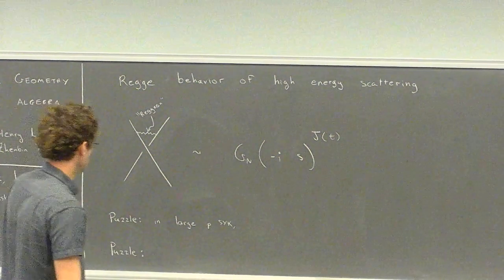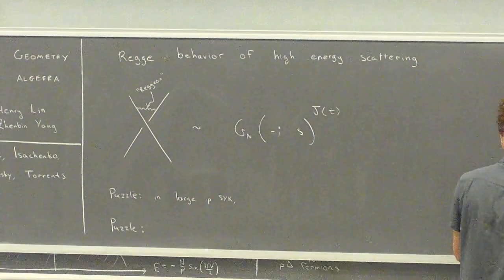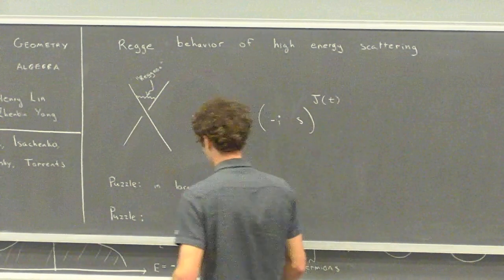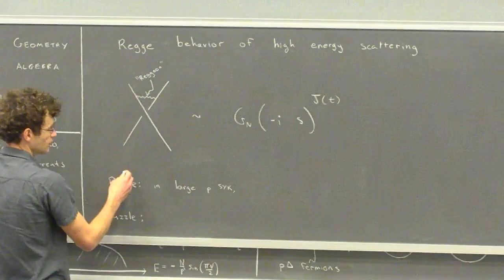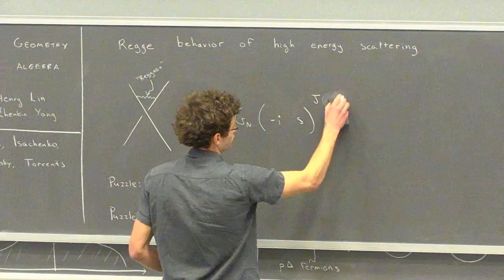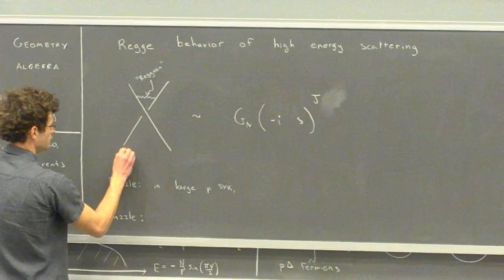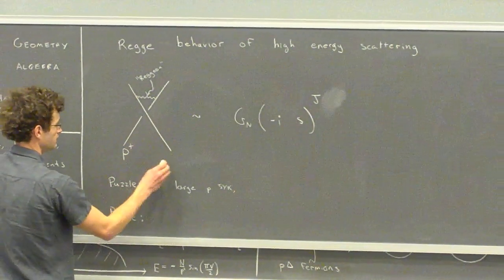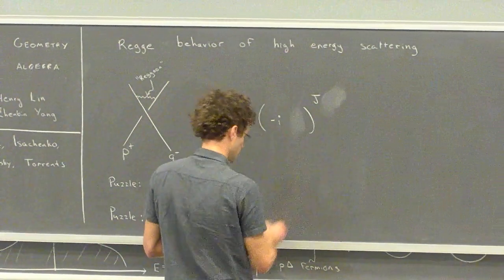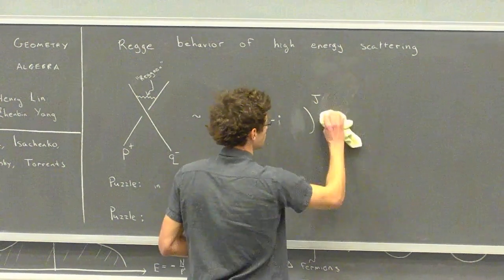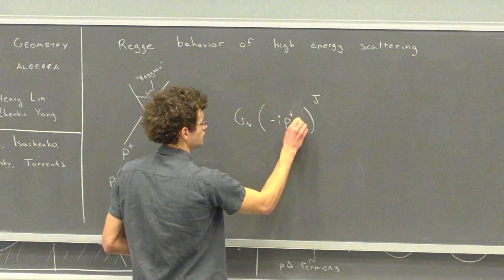Okay, so we're going to think about this in AdS2. So in AdS2, we're going to have these two particles, and there's no momentum transfer t. There's just an s, and we can label the particle momenta by a p plus and a q minus. And so this expression becomes p plus q minus.